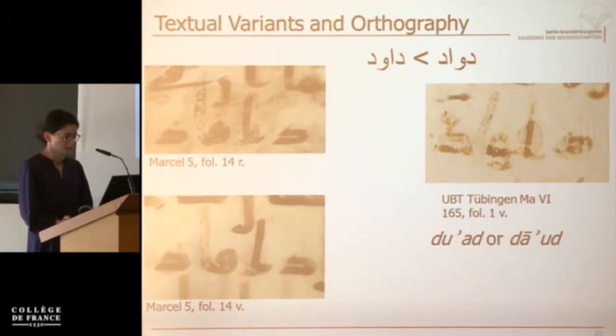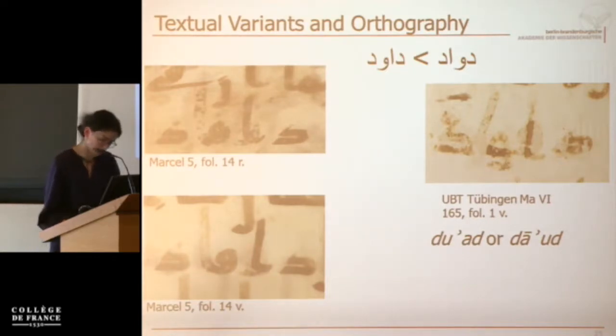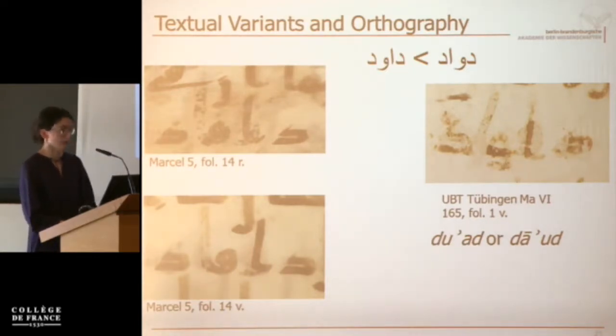So one can speculate about the pronunciation of this writing. It could have been spoken as du'at or da'ud, maybe. In the first variant, the waw could stand for the vowel u, and the alif for the glottal stop. In the second version, the waw could be interpreted as the long vowel a, which goes back to a rather infrequent spelling of medial a with waw in the Aramaic orthography as well as in the Nabatean writing.